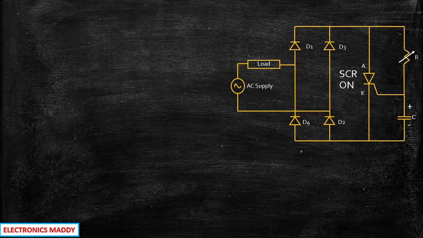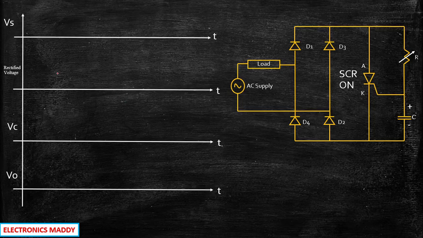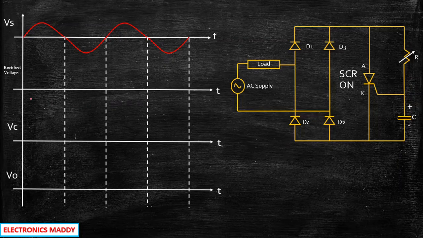I've considered the circuit for your reference. So in the waveform, we have a sinusoidal AC source, and we are going to consider 2 cycles of it. What do you understand by the term rectified voltage? It is basically the voltage that is obtained at this point. Whatever positive and negative half cycle takes place through conduction of D1, D2, D3, D4, you will be getting some amount of output voltage, isn't it? That is nothing but the rectified voltage.